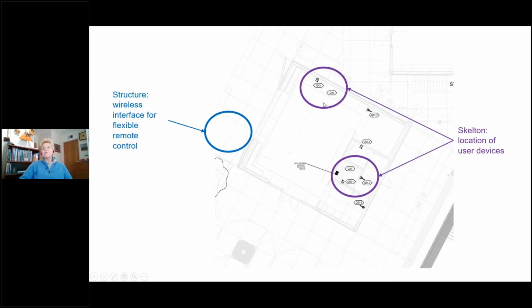And then moving to the skeleton layer, I wanted to create a visual representation of the location of all the user devices. Each one of these user devices could be a touch screen, or a control station on the wall. In fact, these items are occupancy sensors. These items are push button stations. Here's the lighting console sitting on the desk. So all of these elements are shown on a plan view on the plans to make it very clear and something that makes it easy to reference on the drawings.